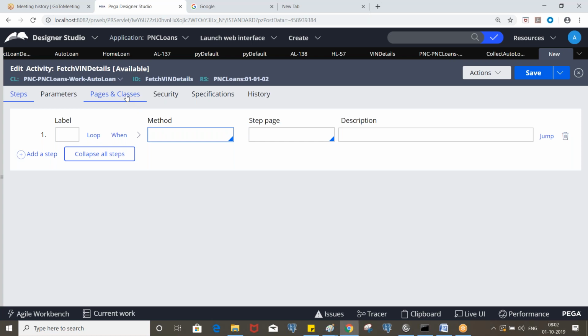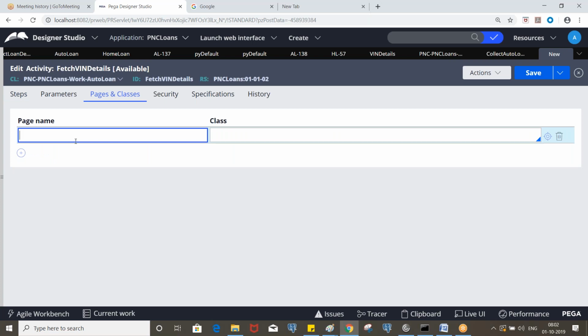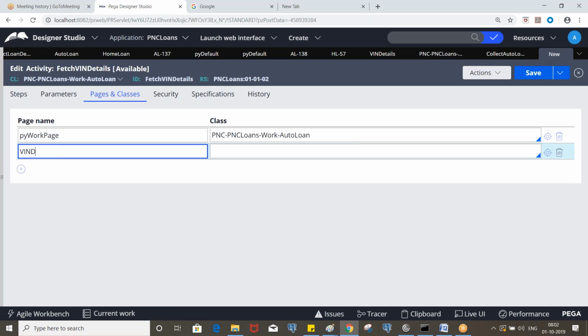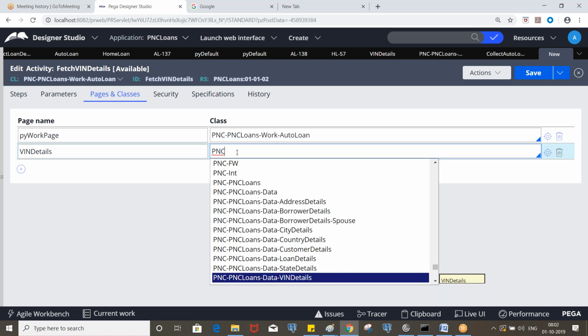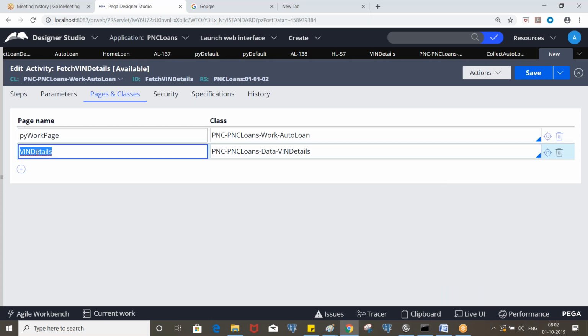The auto loan class page, that is PY workpage, you don't need to create it, but you need to define it by referring to auto loan. That means whenever you execute the auto loan flow, PY workpage will be created by referring to that. And let's define a page called win details or win info, whatever, by referring to the win details data class.